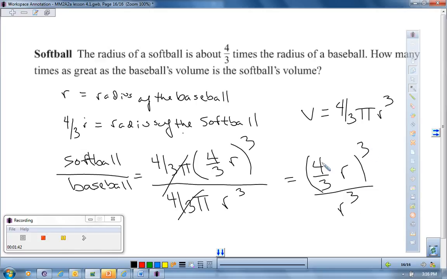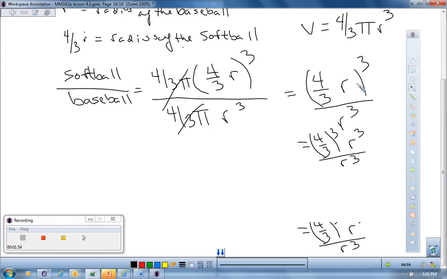So what we're going to end up with is 4/3 to the third power, r to the third power, all over r cubed. Okay, because here we're using the quotient of powers property, so we end up with this. If we went through the steps, that'd be 3 minus 3, so r to the 0, which is 1. So we end up with 4/3